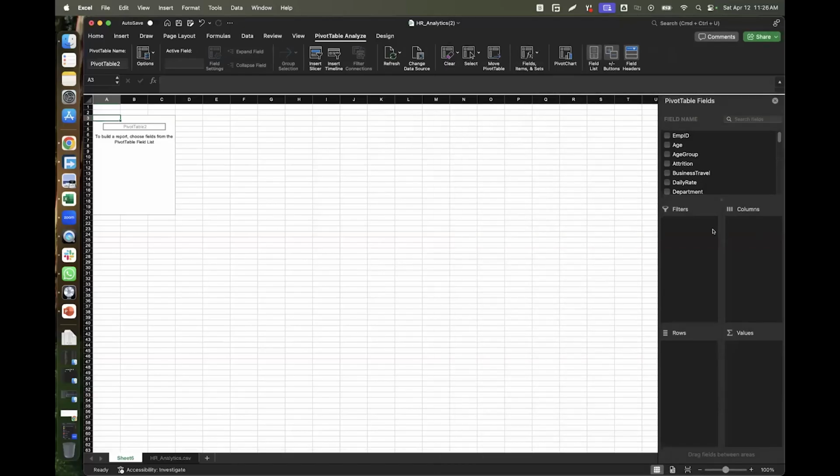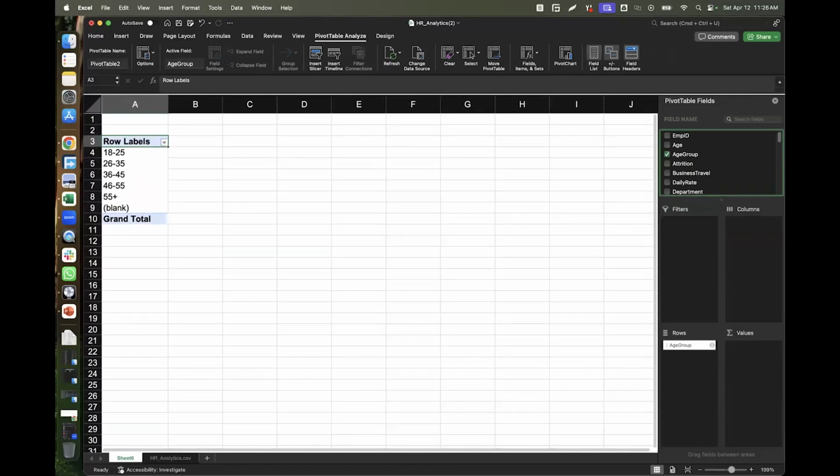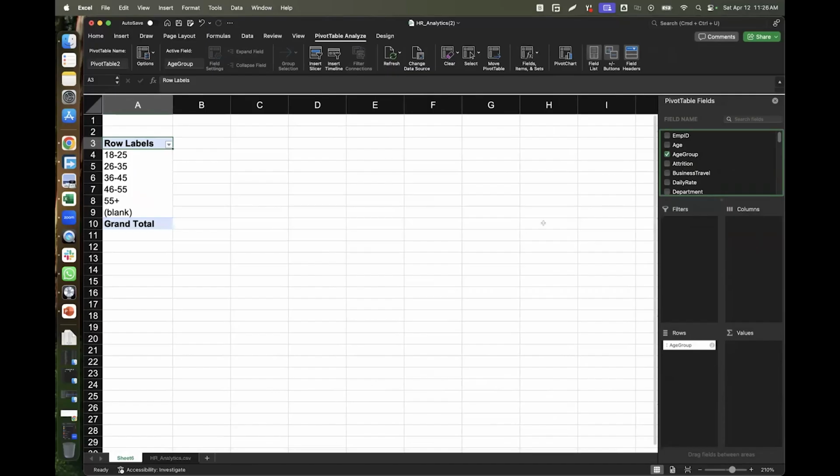So let's say I want to see the age group of everybody that is an employee in this HR data set. All I need to do is drag and drop. I will drag this age group into a row. You can see that it is beginning to bring out the age group here. And under this age group, do we have anything like gender?